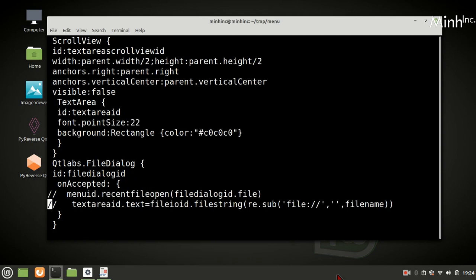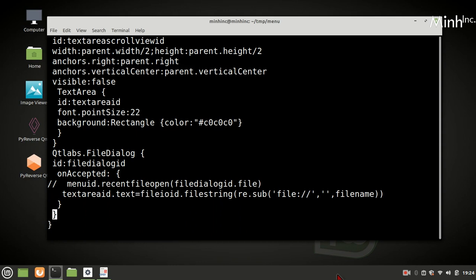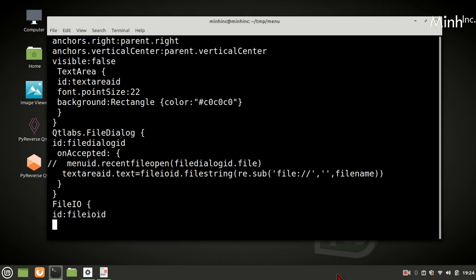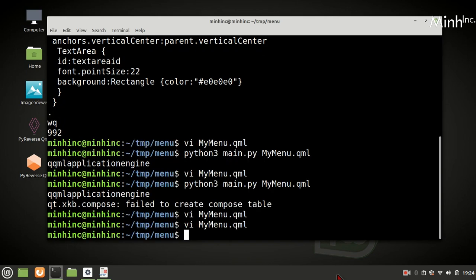Then we'll proceed. So when file dialog is accepted, text area text is file IO ID, file string, and whatever file name we pass it. Here we'll have one file IO ID, file IO ID. Okay, we'll copy this code, RE and file IO.